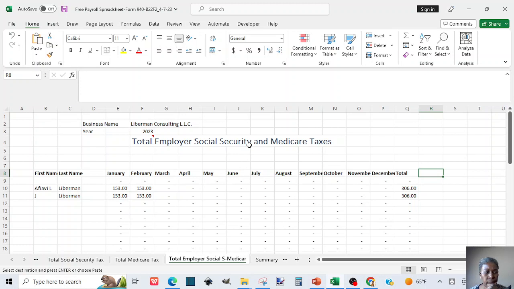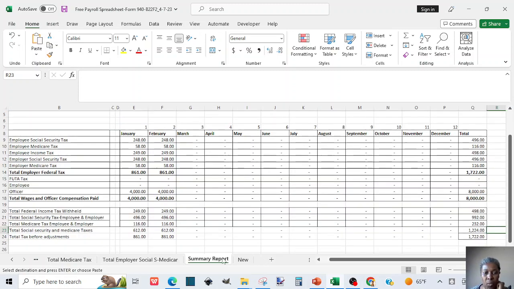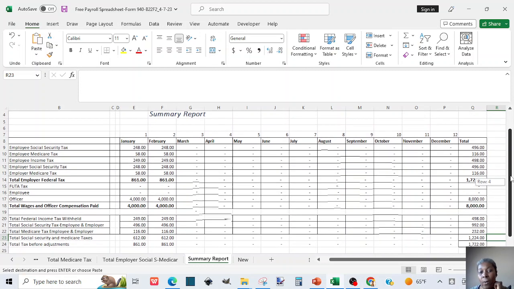So this is your portion, and it is tracking it as well in case you need it. And then we have the summary report, which will be a good one to print out for your business